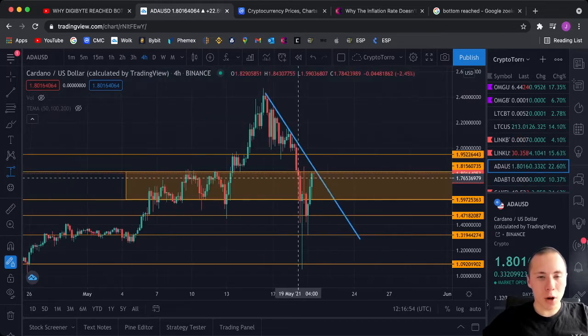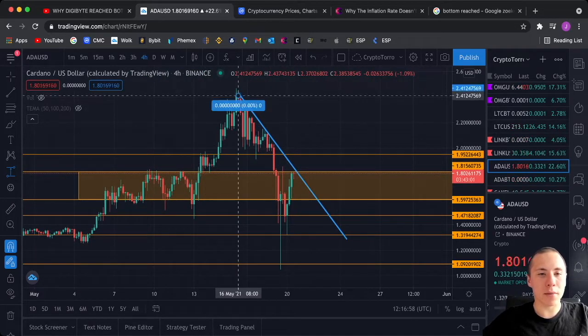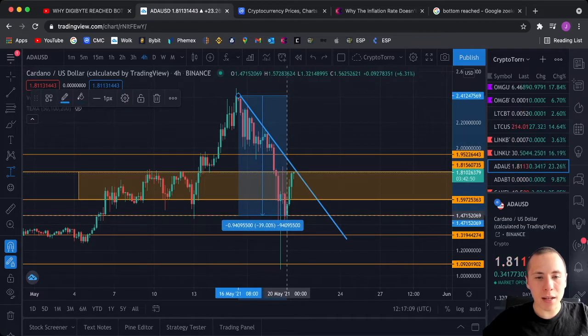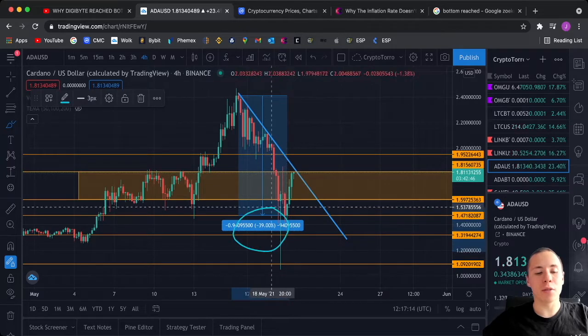I will just go back for 1 second to show you how big the drop was on the US dollar chart. We're looking at a drop of approximately 39% compared to the US dollar, so that's a huge price drop